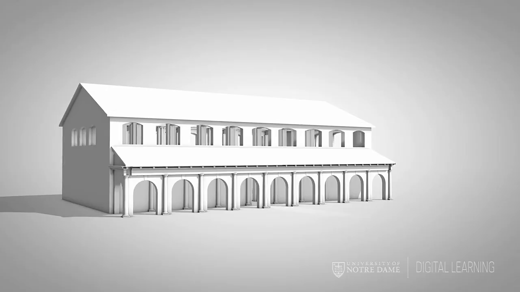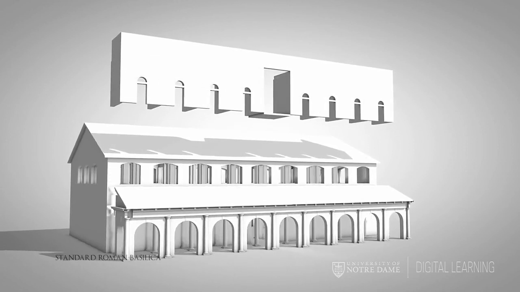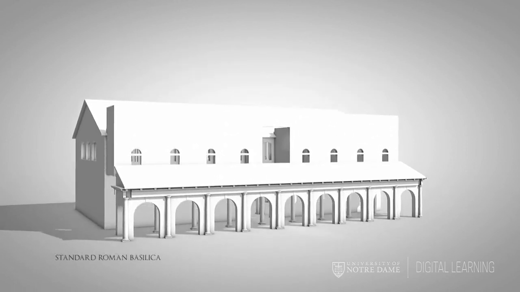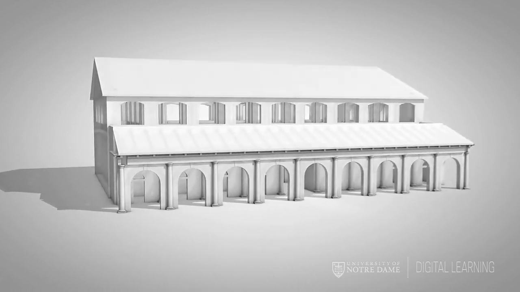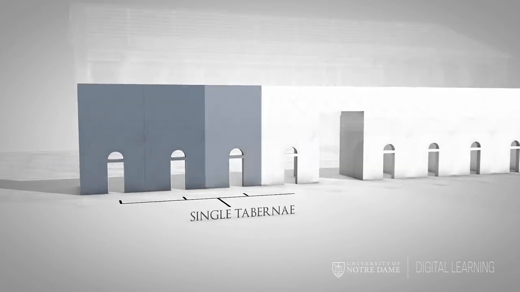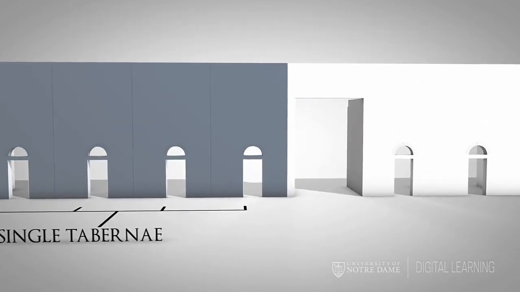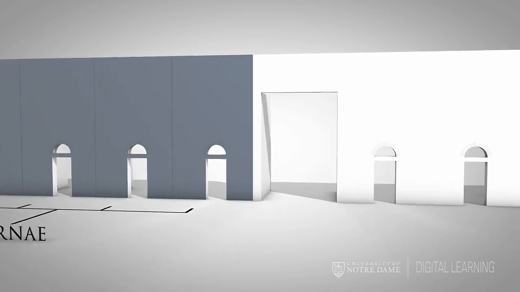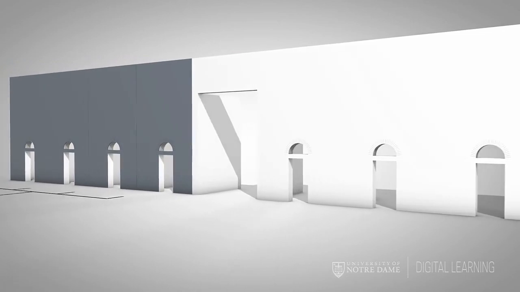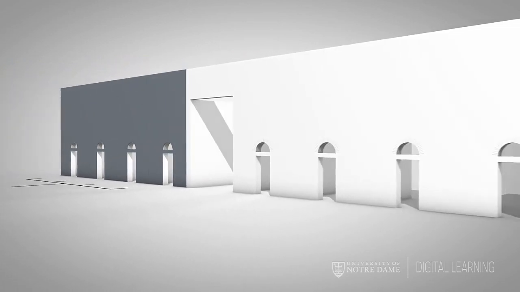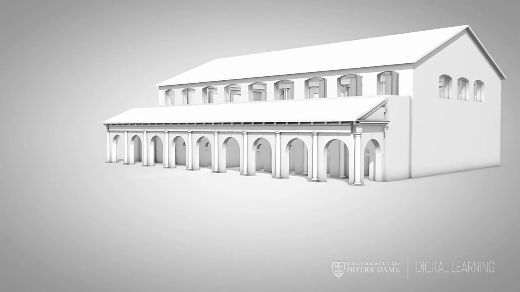So Michelangelo probably relied as much on that text as a source as he did on the actual remains in the Forum. The Basilica Aemilia had something called tabernae inserted into its effectively front facade or in the loggia that screened it from the Forum. Tabernae are, well, it's where we get our word tavern, but what they really were cell-like spaces, shops essentially, single room, sometimes with a balcony or loft built into them, but essentially a series of single cell-like spaces. And those were essentially grafted onto the building, and they had, in fact, predated the building of the Basilica Aemilia.